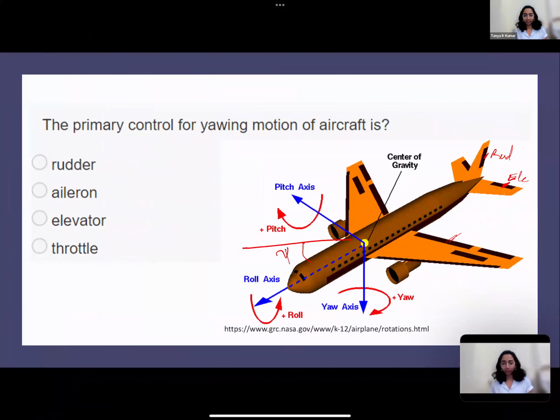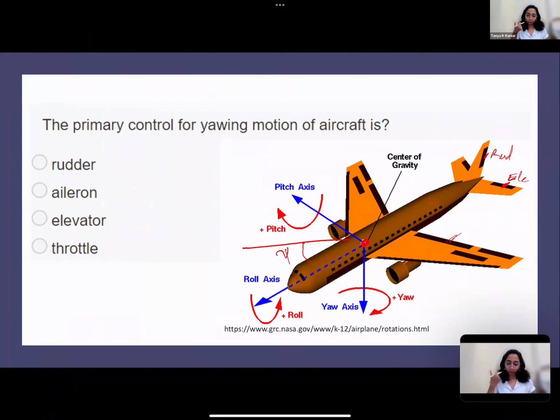So you have 3 axes. You have the roll axis, pitch axis, and the yaw axis. This axis system is located at the CG of the aircraft. Now, if you point your thumb towards your pitch axis from CG towards the starboard wing,